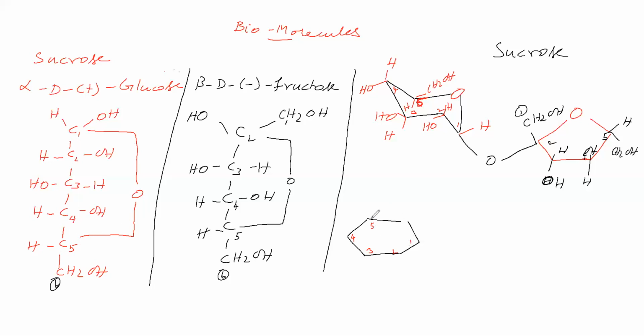So, between C1 carbon and C5 carbon, what linkage is there? Means oxygen linkage is there. Now, in the C1 carbon, OH group is on right side, that you write down. In C2 carbon, glucose, OH group right side, that you write down. In C3 carbon, glucose, OH group is on left side, that you write at top. In C4 carbon, glucose OH group is on right side, that you write down. In C5 carbon, CH2OH and H is there. CH2OH you write always up.